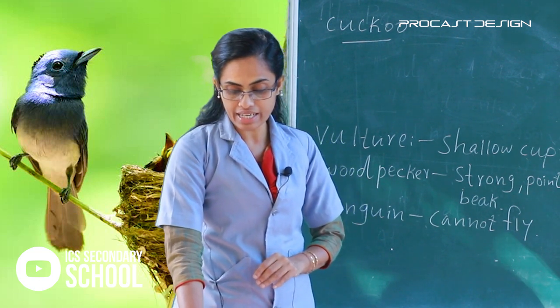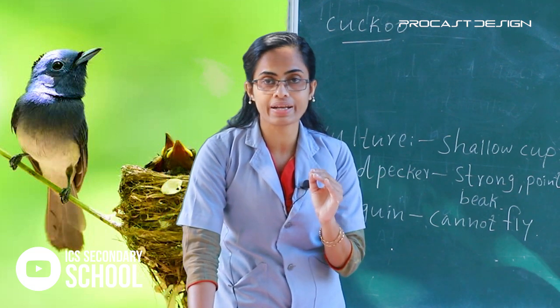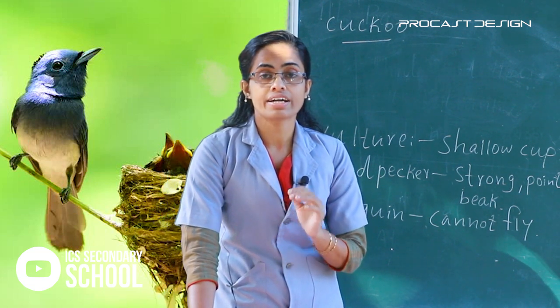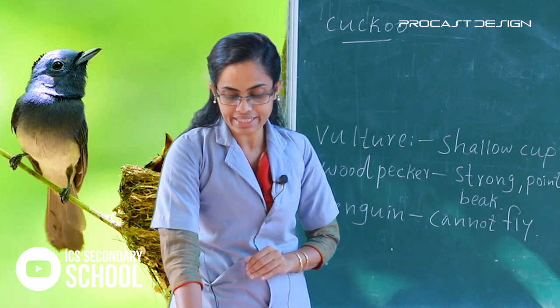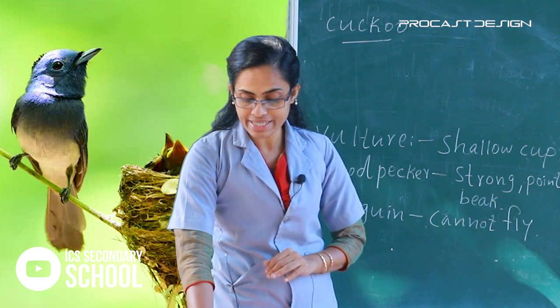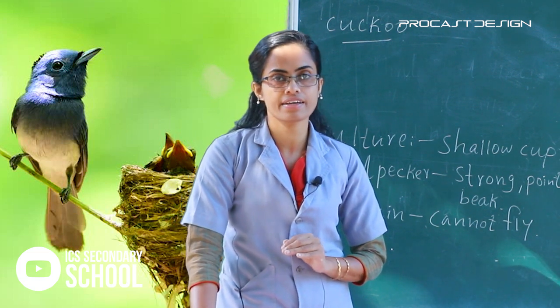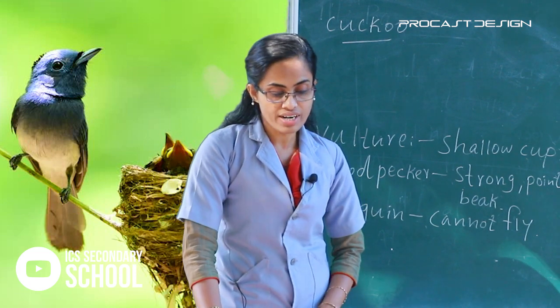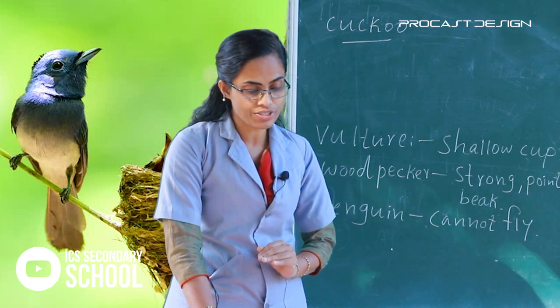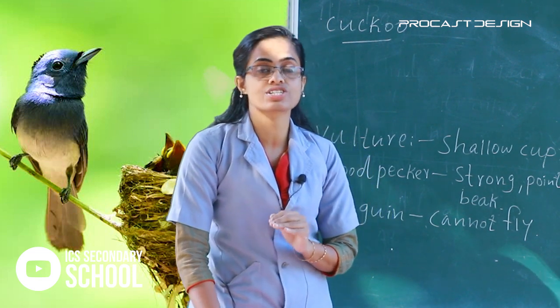And the next one, tailor bird. The tailor bird stitches broad leaves together with its sharp needle-like beak. What type of beak? The sharp needle-like beak. To build its nest, it uses materials such as soft fibers and hair to sew the leaves. Clear? And the next one, vulture. A vulture collects sticks and puts them together high up on a large tree. The nest looks like a shallow cup.